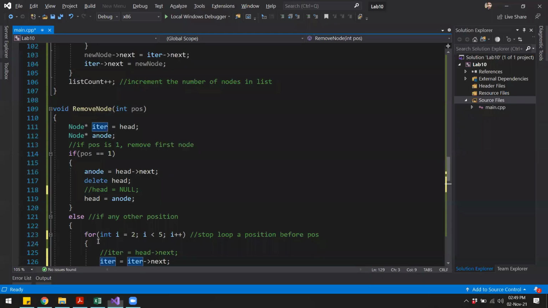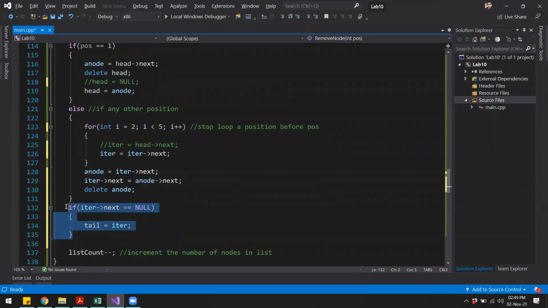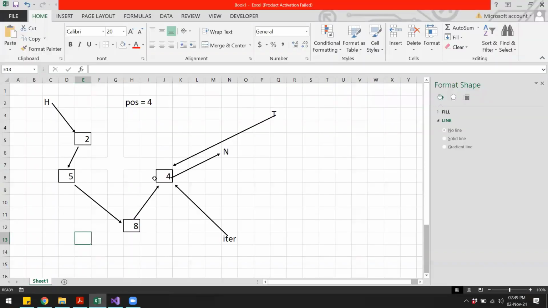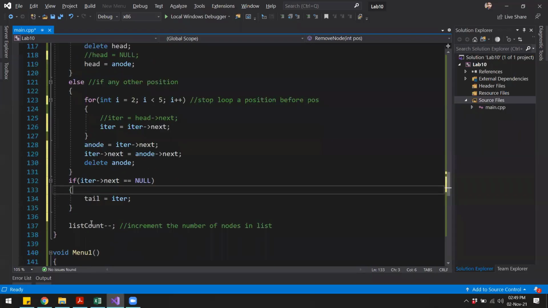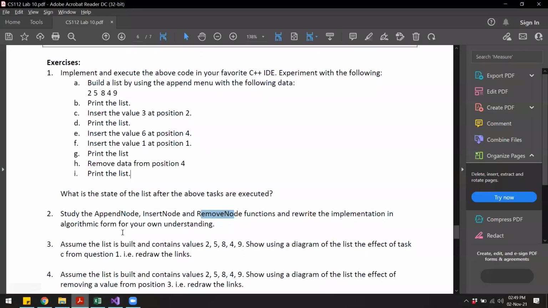So we will do this regardless of the position, whether we deleted the first one or the last one, we still check for this condition, right? If the last one is pointing to null, then we make the tail pointer point to that particular node. Okay, and of course at the end we are decrementing the counter because we are deleting one node. So that was the remove node function.